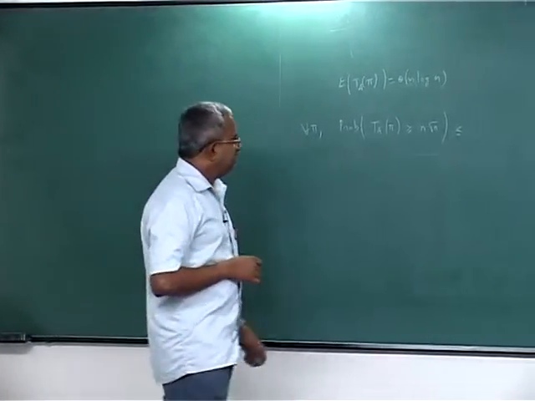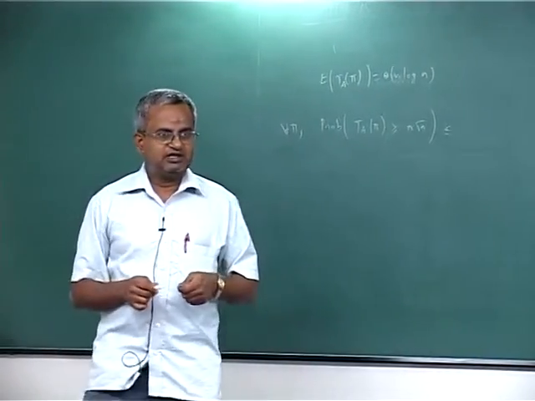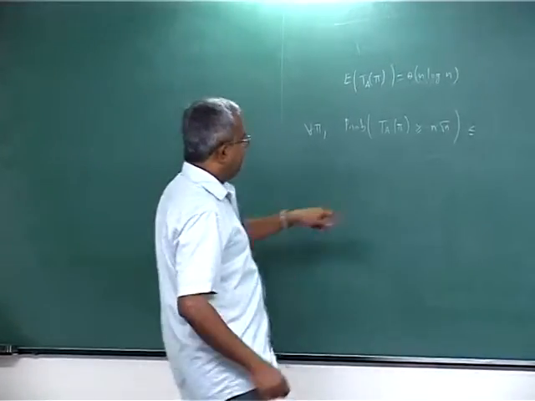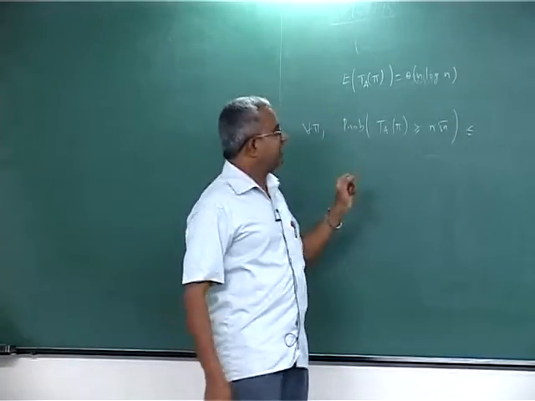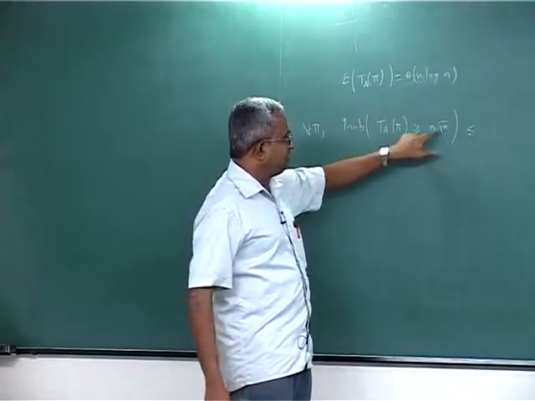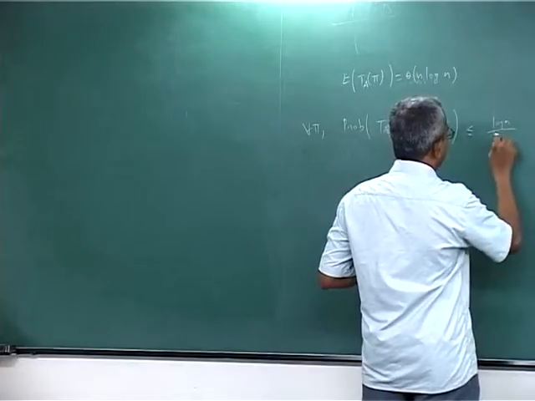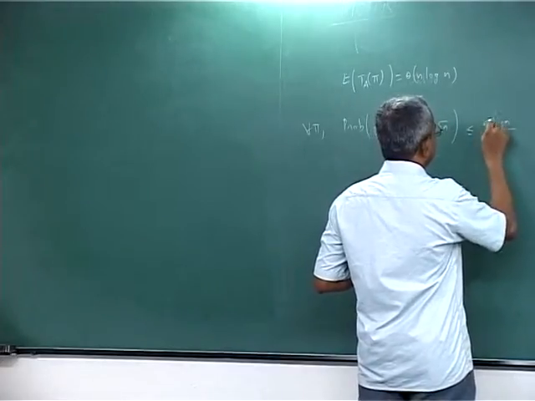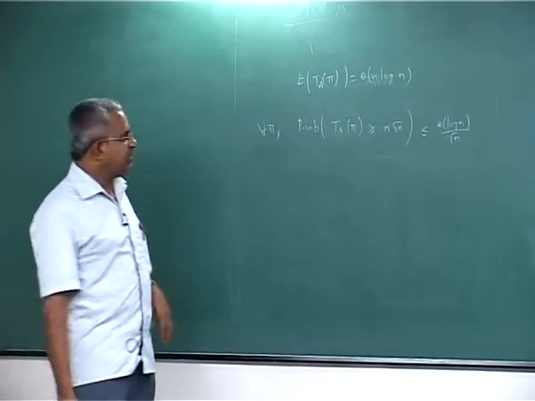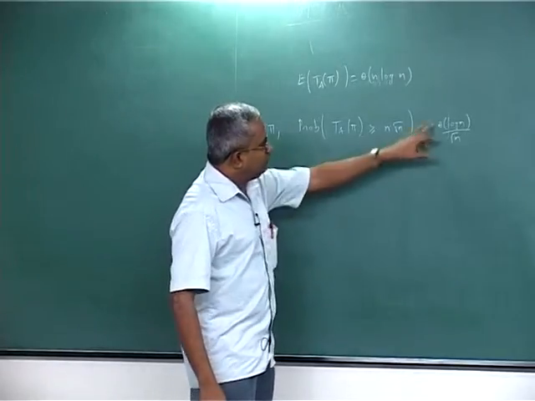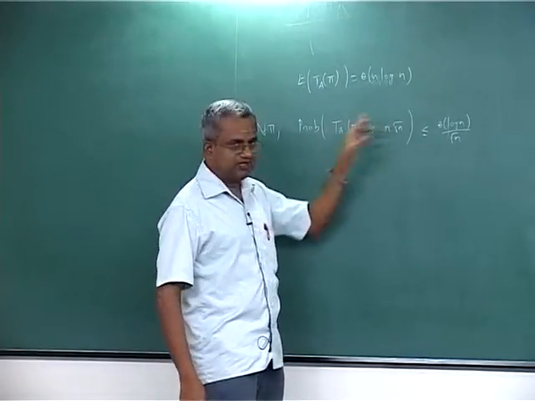It says that if you have a non-negative valued random variable, then the probability that it takes a value which is at least t is upper bounded by the expectation of the random variable divided by t. So, the expectation here is theta of n log n divided by n times square root of n. So, it comes to something like log n by square root of n. This is what you can guarantee. So, you can only say that with probability at least 1 minus this value, the number of comparisons that you will make is at most n times square root of n.